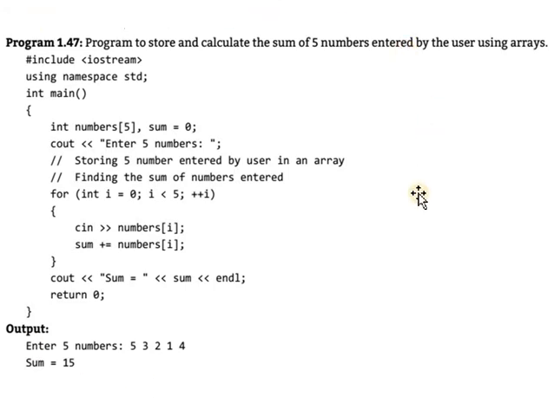Here is another example of a one dimensional or single dimensional array, in which this program stores and calculates the sum of 5 numbers entered by the user using an array. Means when the user gives 5 values, the program calculates the sum of those 5 numbers and displays the addition of the 5 numbers. See this program. The program structure and the array declaration structure are the same as in the C programming language.